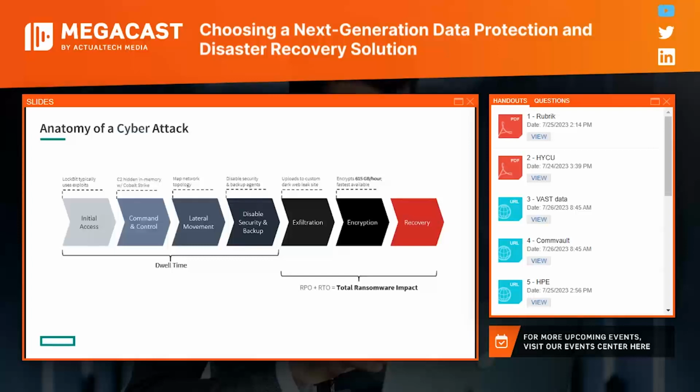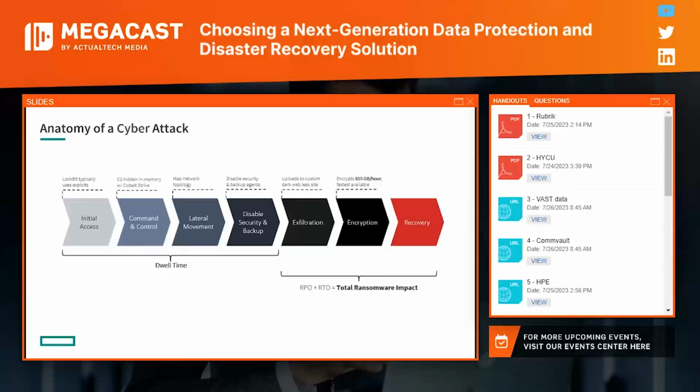Today, it's a little bit different. They take that dwell time, which you can see here, right after initial access. However they gain access, and it's not just brute force through firewalls any longer. There's social networking, there's AI, and a variety of different ways they can access an organization, but they deploy tools, they network map, they take a look at all of the applications.